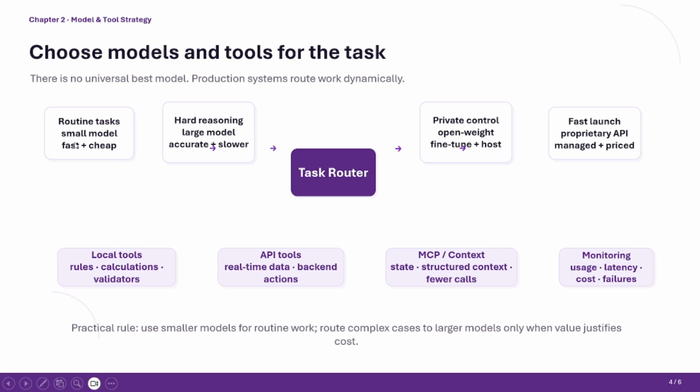First, you have routine task: small model, fast plus cheap. Then you have hard reasoning, which is a large language model, accurate plus slower. They are very accurate, but they are slower. And then we have private control: open weight, fine-tune plus host. And then you have fast launch, which is proprietary API, managed plus priced. And then you can also